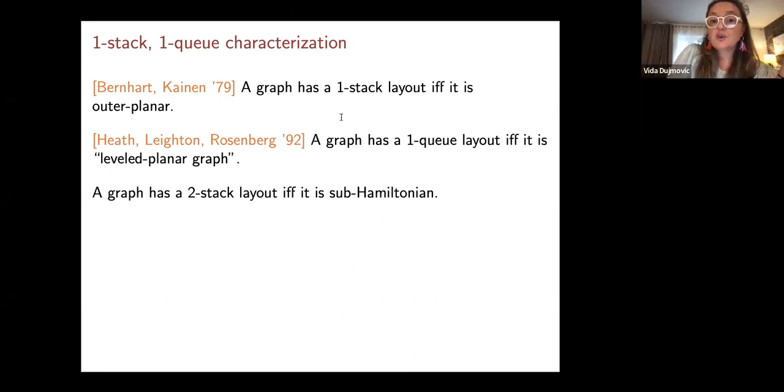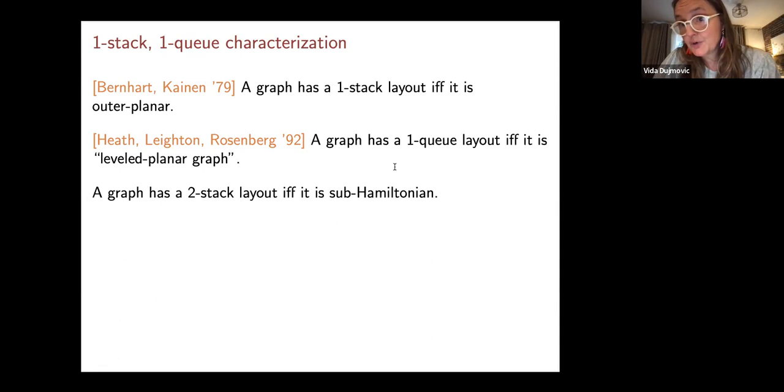Well, as I already showed you, in a paper from 1979 it was already known that graphs that have a 1 stack layout are basically outerplanar graphs. The definition is the same. The 1 queue graphs are also basically characterized. They are planar and they look a little bit like a grid. I'm not going to go into that. Also, 2